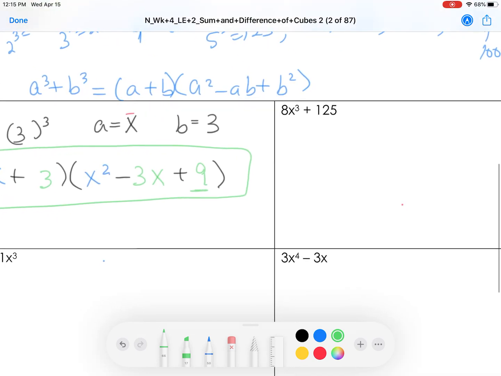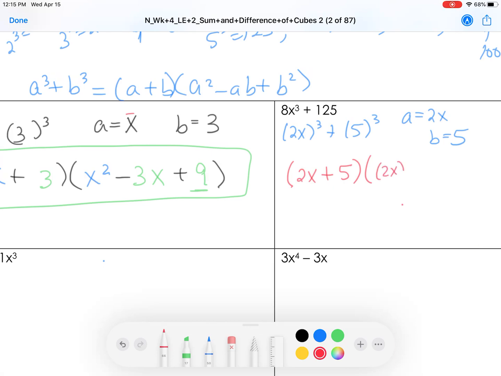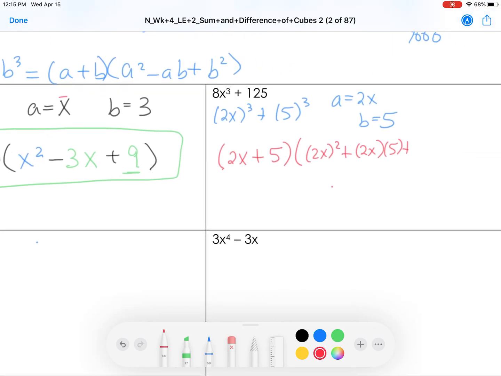Next problem is also a sum of cubes. Our first term is 2x quantity cubed. Our second term is 5 cubed. So that means our a value is 2x and our b value is 5. So following our formula, parentheses, a, 2x, plus b, 5, times a squared minus a times b plus b squared,